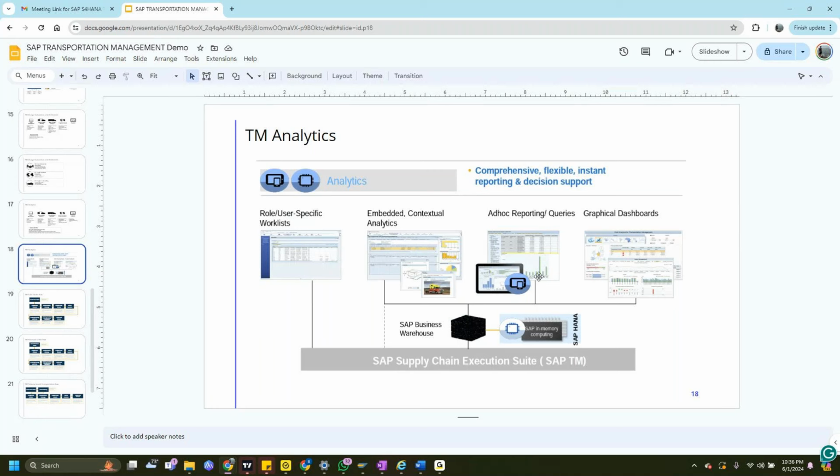If I'm working on a new system implementation, right? Most of the TM clients are new system implementations. So for analytics, you need to set expectations high. Analytics comes with a data background, right? When you're going with a new system, you don't have 2 to 3 years of data in the backend. You just have 1 or 2 weeks of data when the system is going live. So the analytics won't work as effectively as intended